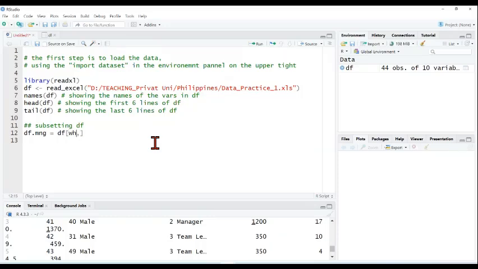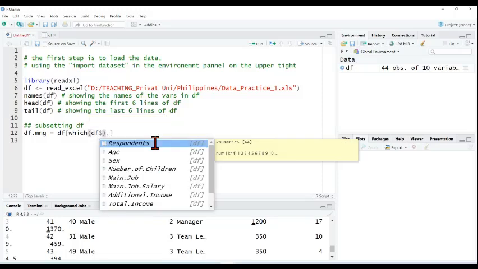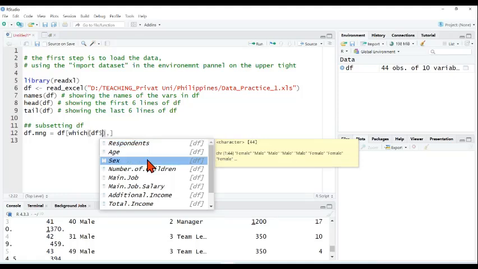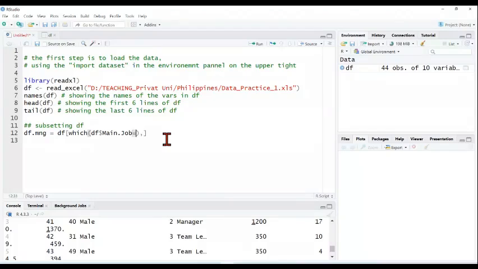We can say which, which is also a function, df dollar sign, and the variable that indicates the job category, main job, then equal managers. Okay. So this code will be executed to extract the sample collected from managers only